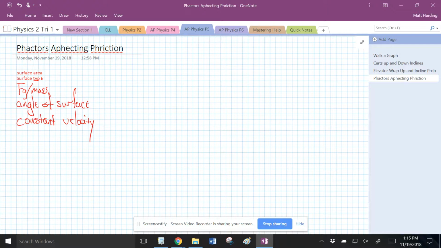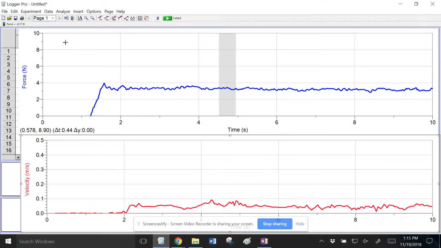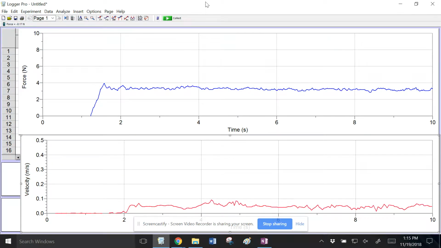And what did I just do to the surface area? Decreased it, right? Pretty massively so. And let's go back over to the graph. And I'm going to store this sucker. And then